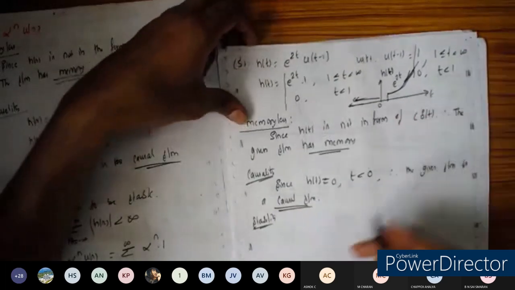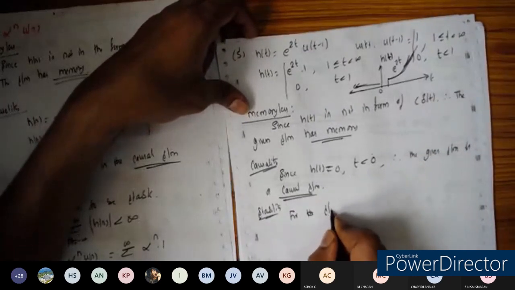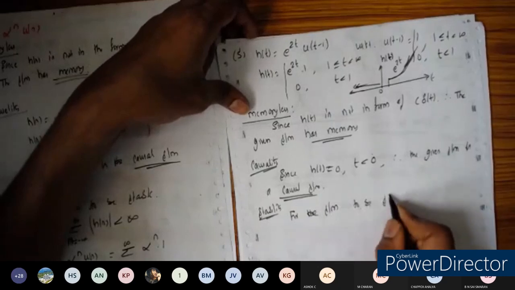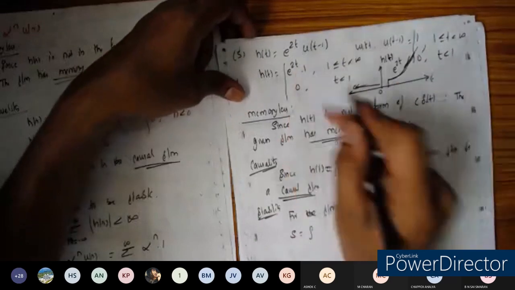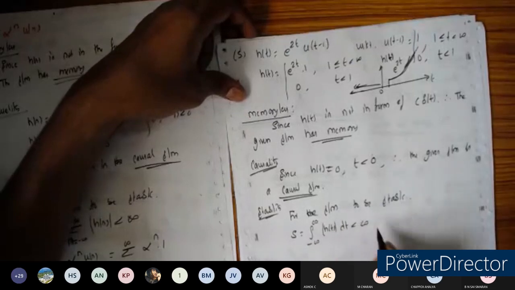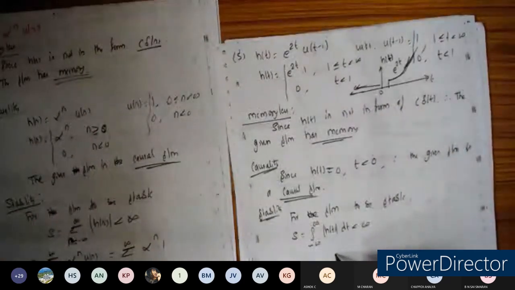Okay, so let us verify that stability. For the system to be stable, the condition is as follows. Since it's a continuous time signal, whenever t comes, you should assume a continuous time signal, and you are supposed to use the integral here. The most common mistake everyone makes is using summation for t and integration for n. That's a common mistake. t is continuous, so this is the condition here.